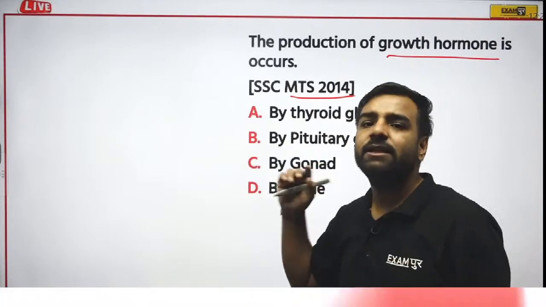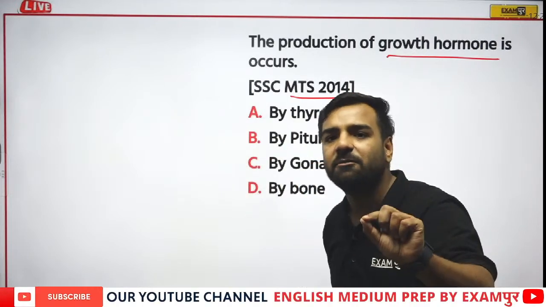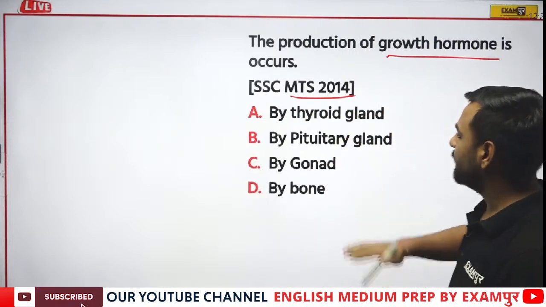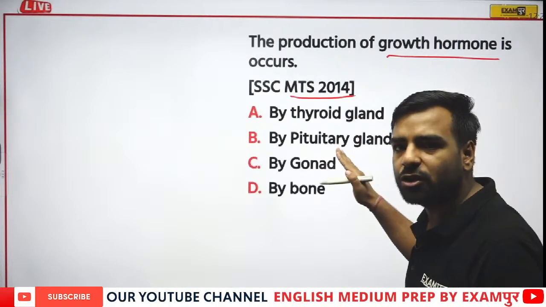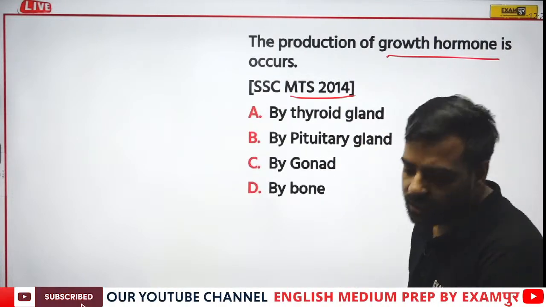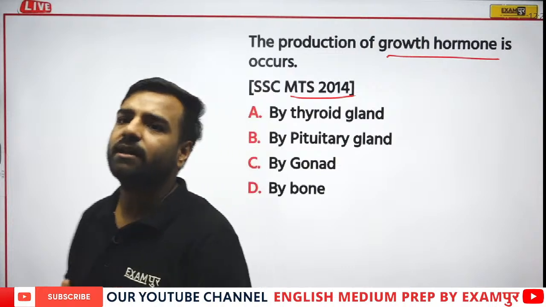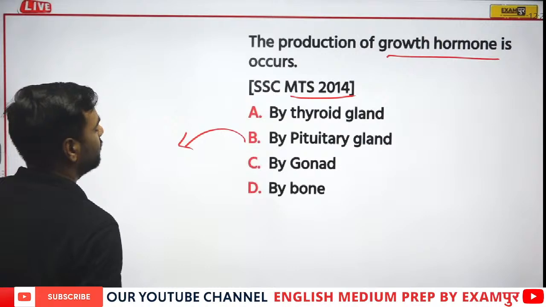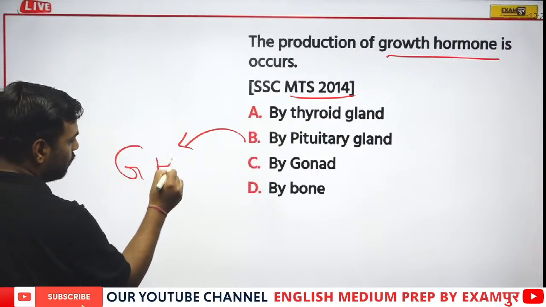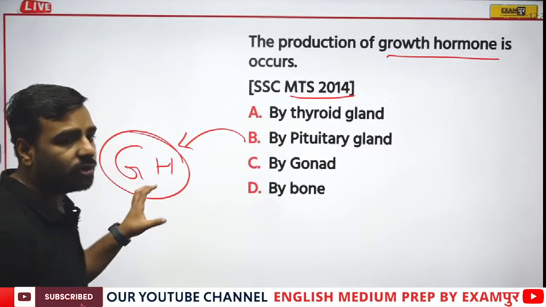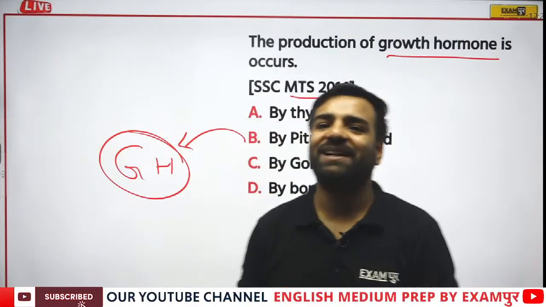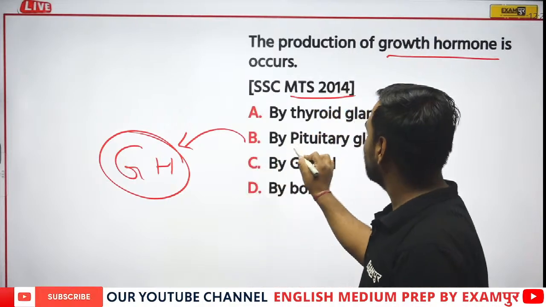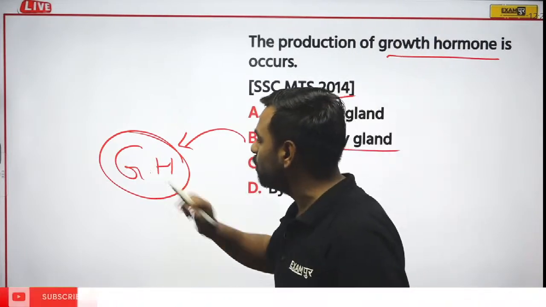You can talk about the somatostatin, which is released by the pituitary gland. So we have answers over here. Momita is with B, that is pituitary gland. Then Ilma is also with B, Nikita is also with B, and yes, you all are correct. Sana, awesome. So here, if I talk about this pituitary gland, from here, growth hormone is released. So this pituitary gland actually releases the growth hormone.